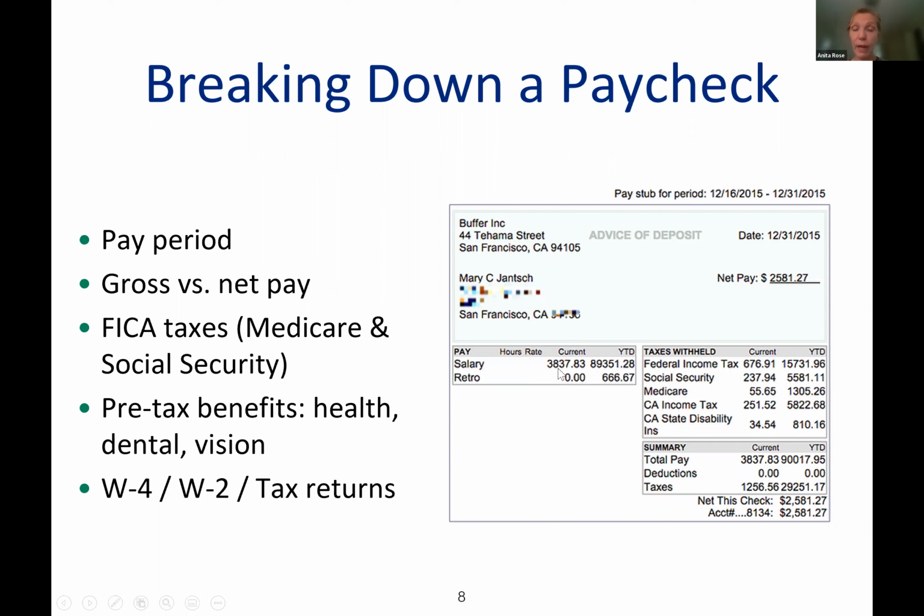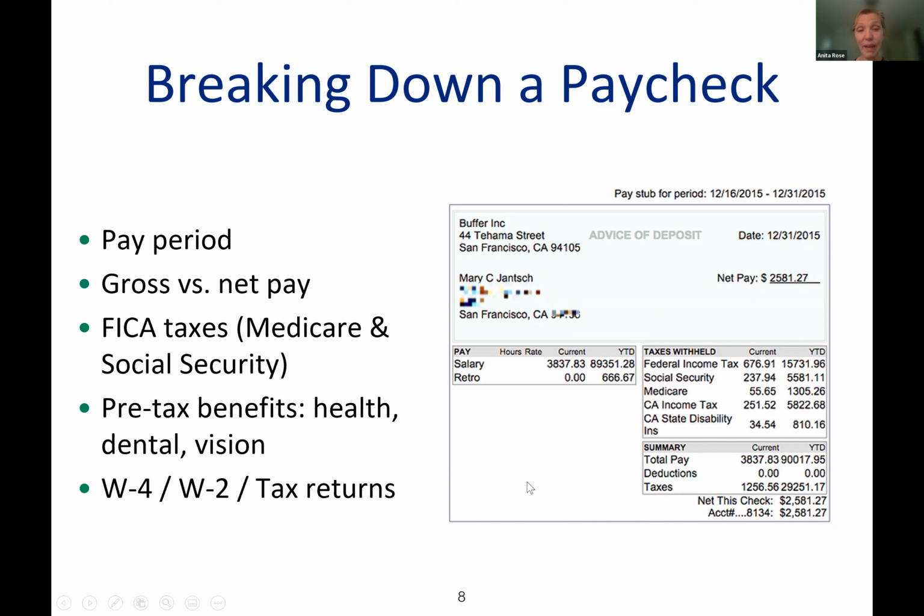So it may sound like, wow, I'm making really good money. It looks like the person's making almost $90,000 a year here. Great money. But what are they really taking home? A very different amount. If we look at the 2,581 over 26 pay periods, it's only $67,000 a year. So it's a big difference. Almost a third of the money earned goes to taxes. And then if you have a 401k, there's more money taken out.